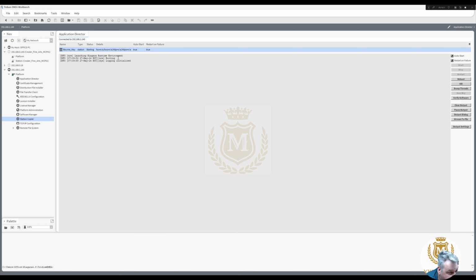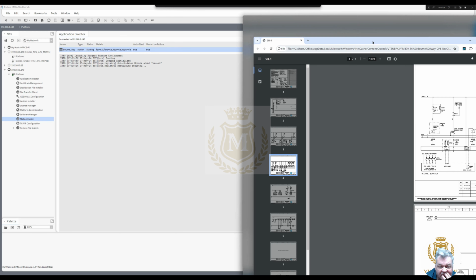It's rebooting again. It's always better to add the station right at the beginning as you're commissioning. This is taking a bit longer now because I've added the station after I commissioned it, which is my fault. I can't be bothered to stop commissioning, add a station and then commission again. Waiting for this to boot up. So while that's booting up,